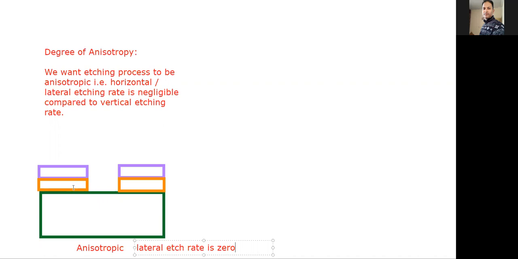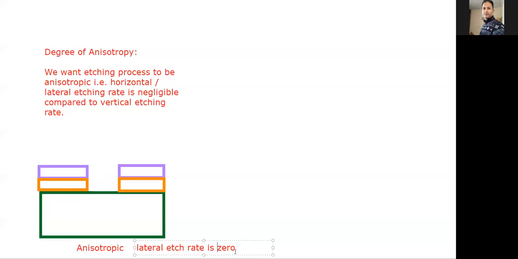तो फोटोरेसिस्ट के नीचे आपका जो ऑक्साइड है वो बिल्कुल भी इफेक्ट नहीं होता, केवल वर्टिकल डायरेक्शन में आपकी एचिंग होती है. ओके. लेटरल डायरेक्शन में कोई एचिंग नहीं है तो आपका एचेंट लेटरल डायरेक्शन में कोई एचिंग नहीं करता है. ओके. तो आपका जो फोटोरेसिस्ट के नीचे जो SiO2 है वो सेफ है, वो इस केस में एच नहीं होता है. ओके. और ये आपका परफेक्टली वर्टिकल कट जैसा इंटेंडेड था वैसा आपको मिलता है SiO2 में एनाइसोट्रॉपिक एचिंग के बाद. ओके.